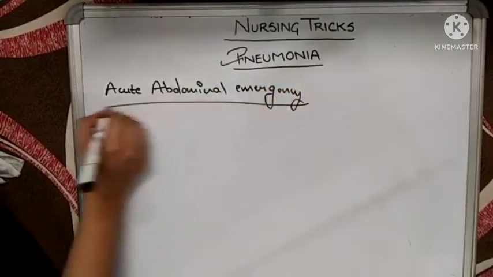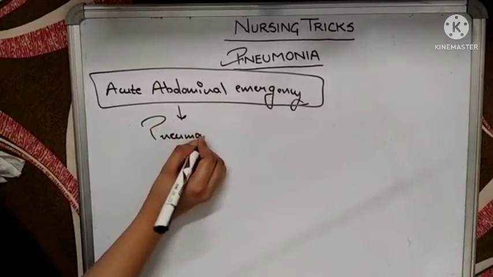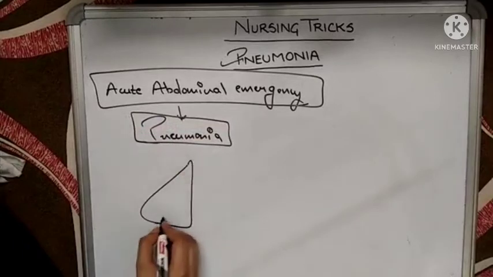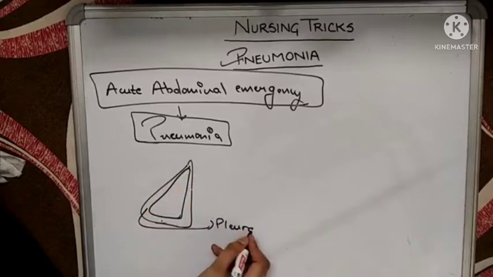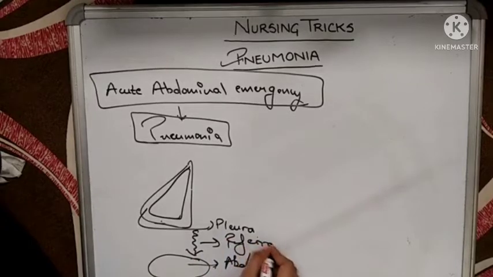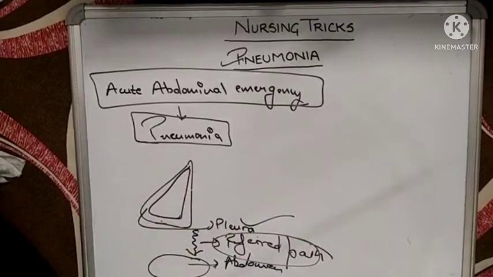So in acute abdominal emergency we can suspect pneumonia. Why? Because this is your lungs, these are the pleura, the outermost covering. So the pain comes from the pleura and goes on to the abdomen, which is known as referred pain. So we can have a child with acute abdominal emergency because of the referred pain from the pleura,